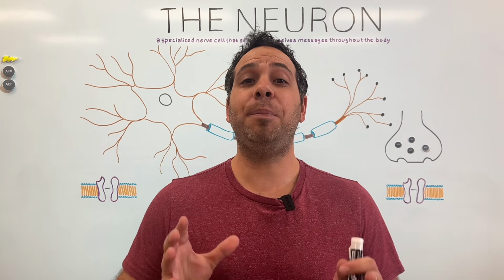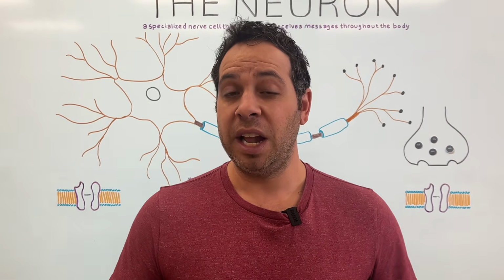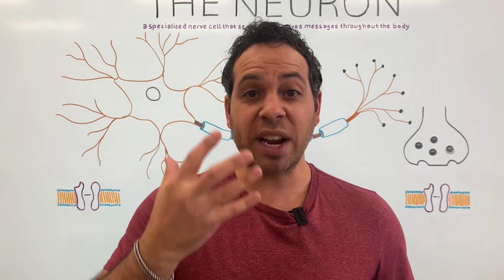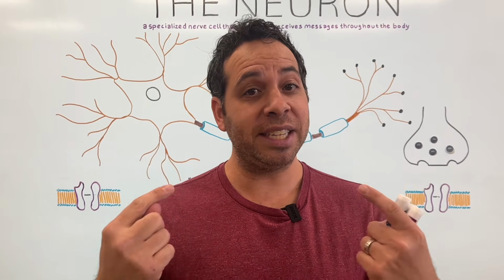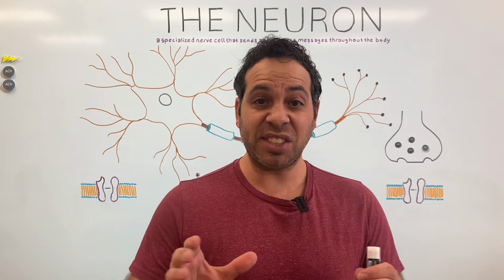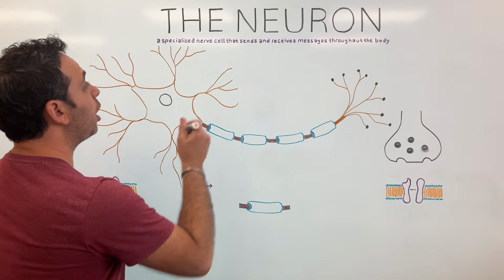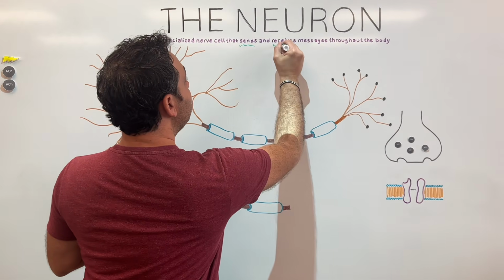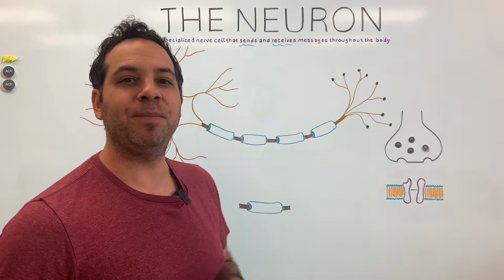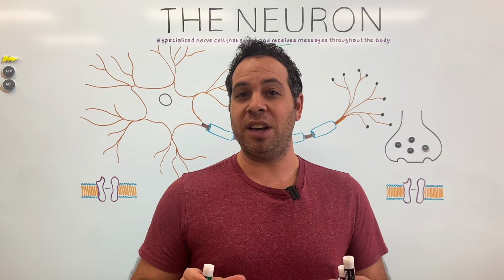Right now, billions of cells inside your brain are firing messages at lightning speed. They're helping you understand my voice, recognize my face, pay attention, and even decide whether this video is worth watching. These cells are called neurons, specialized cells that help both send and receive messages throughout the body. So in this video, we're going to talk about the parts and functions of the neuron that help